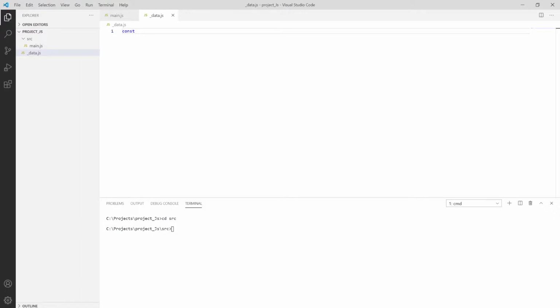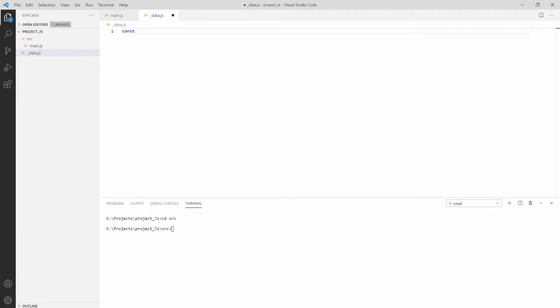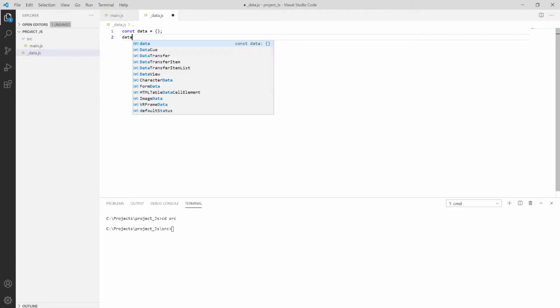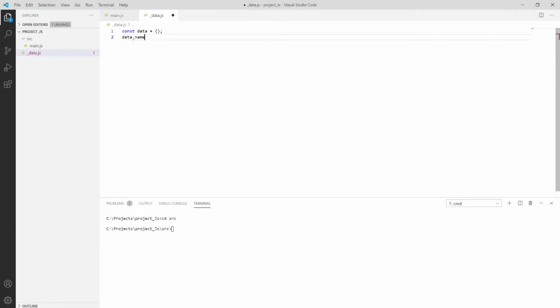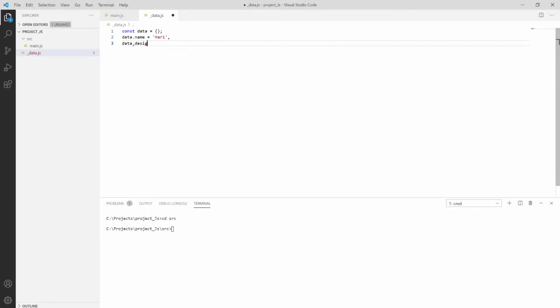Firstly, we are creating our file, which is const data. Say I have this array, or no, sorry, not an array, it's an object. Say I want in this object the name equal to Hari, or say we have data dot designation, say we have sc.